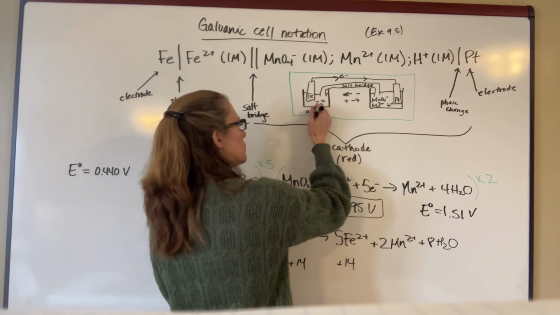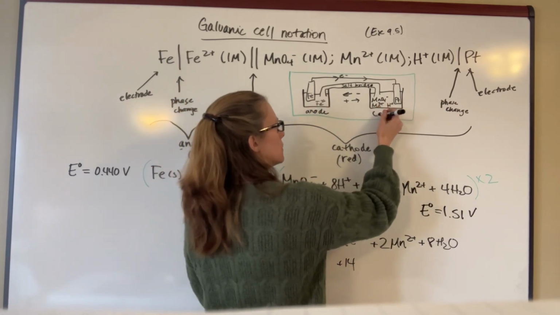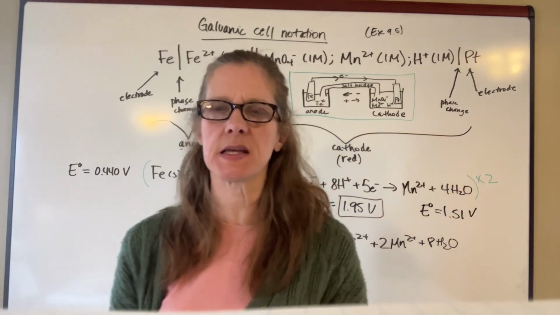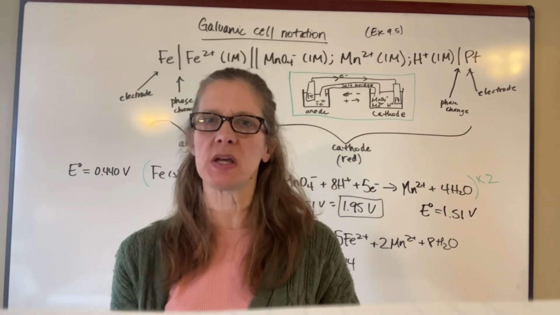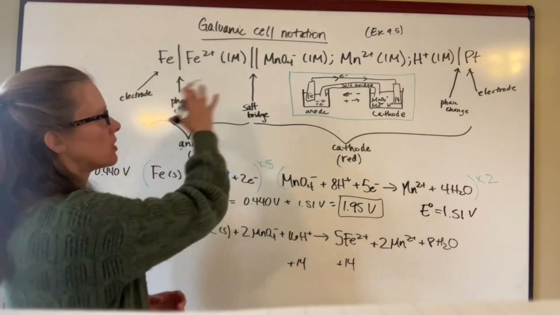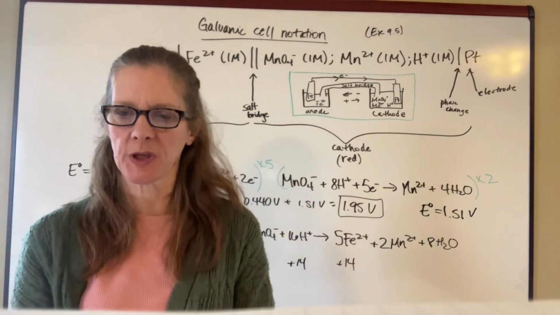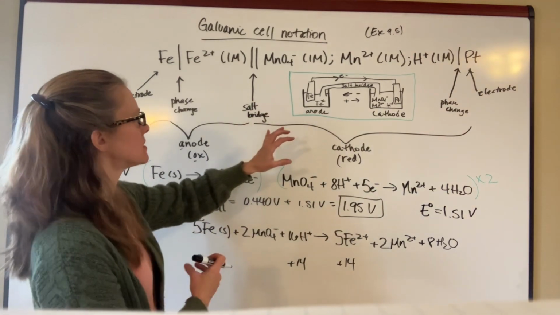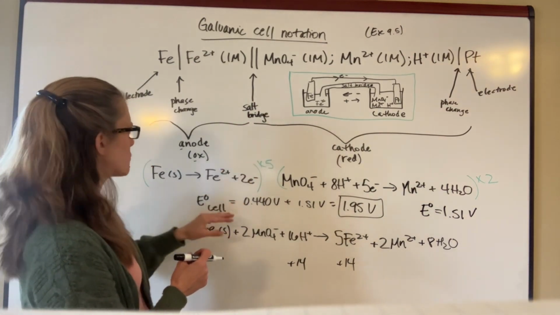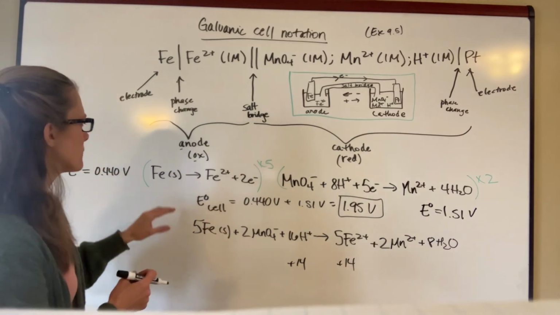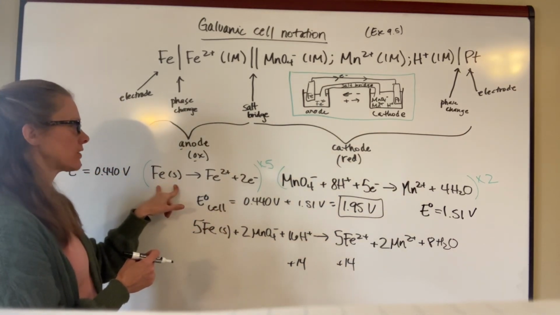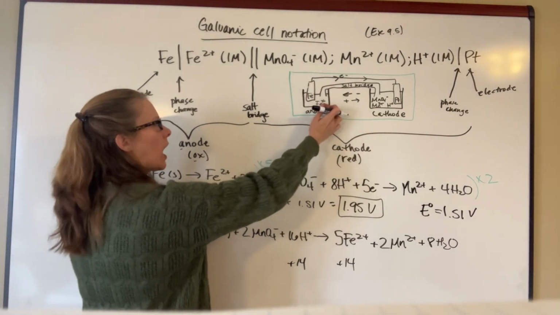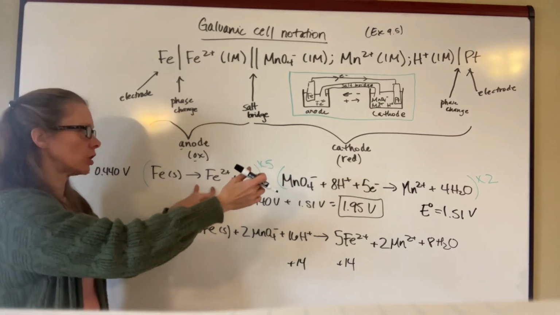And then I can label my anode and my cathode. So as you can see then, if I do it in the same order that this is written in, it does make it much simpler, okay? So what is going on now as this reaction proceeds? Well, as the reaction proceeds, the iron electrode is going to get smaller,